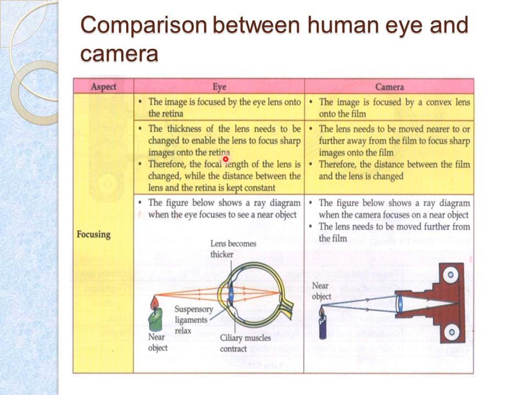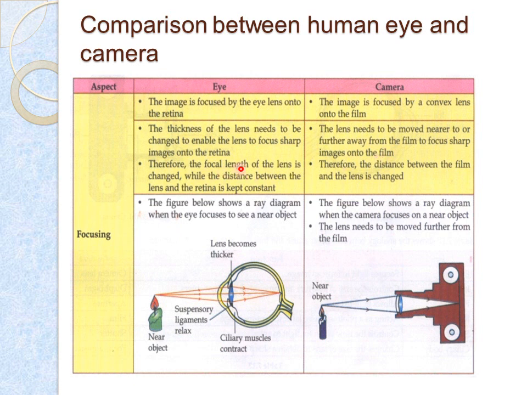So the thickness of the lens is changed in our eyes. Whereas in a camera, the lens needs to be moved nearer to or further away from the film to focus sharp images onto the film. So when we are focusing on the image, we change the lens position, either moving it towards or further away.